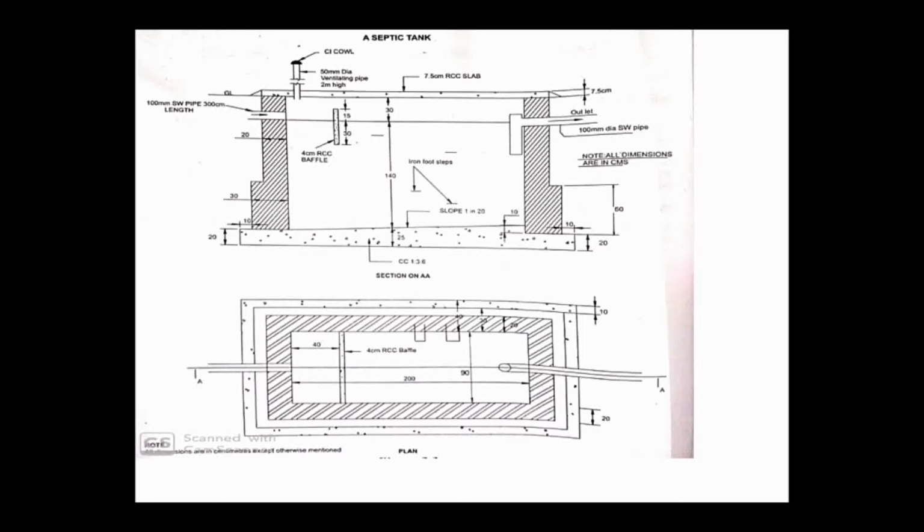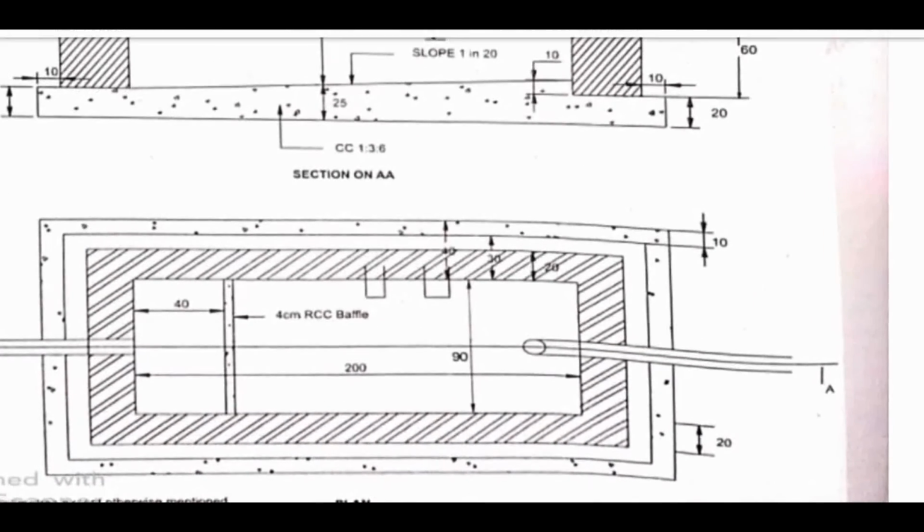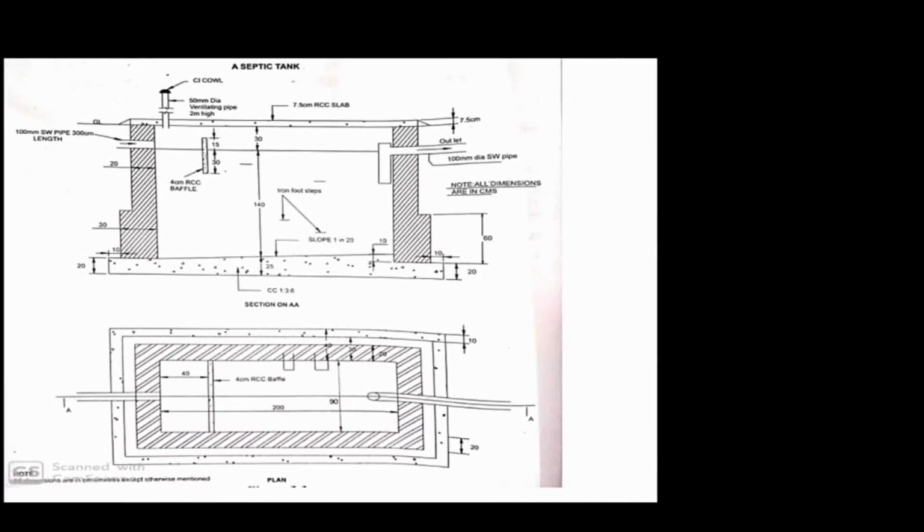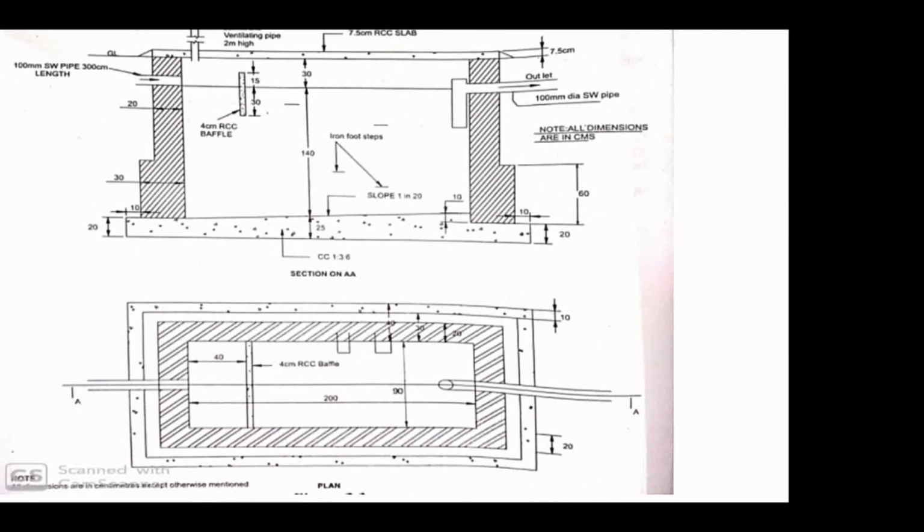As I told, it is outer to outer, and here in this figure you can see they have given the inner to inner dimension as well as the thickness, right? So we have to add all the thicknesses which they have given to the internal dimension, so that we can get the length, breadth and depth. As I already told previously, from the plan we get the length and breadth, and from the section we get the depth. So we have to calculate the quantity of earthwork first.